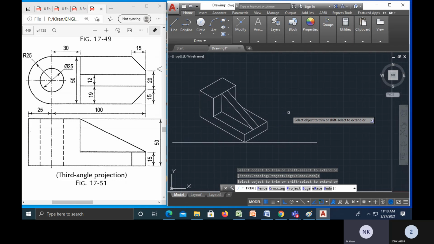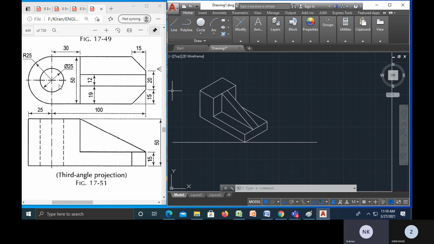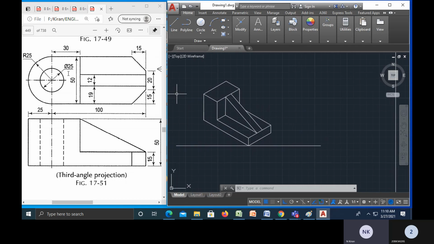And on this top I have to draw isometric circles. Okay, so first of all let me draw this small circle of diameter 25. That means I have to take 25 by 25 this polygon. Okay, now L enter, I'll join somewhere here and shift at the rate 25. As this diameter is 25, I have to take 25 by 25, 25 angle 30. Okay, enter, and again we have to take isometric actually. So shift at the rate and again 25.